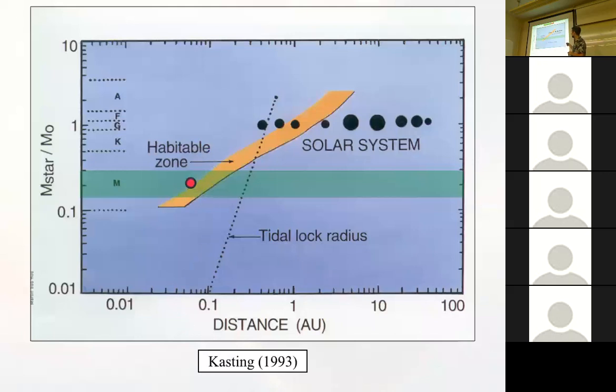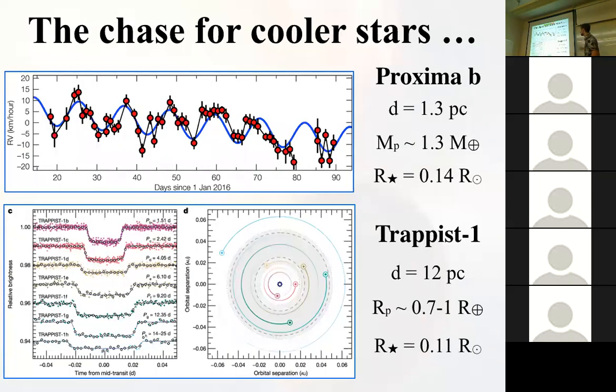So you have a planet that's further in, so you get a lot more transits, can build up your signal, it's easier to do. The radial velocity signal is also larger. So there have been a few very high-profile discoveries over the last few years. Proxima b, the closest star to our sun, has a detected planet. This is the radial velocity signal, so this is detected using the Doppler shift. See the radial velocity signal here. Again, difficult measurements. You have to squint a little bit to actually believe it.